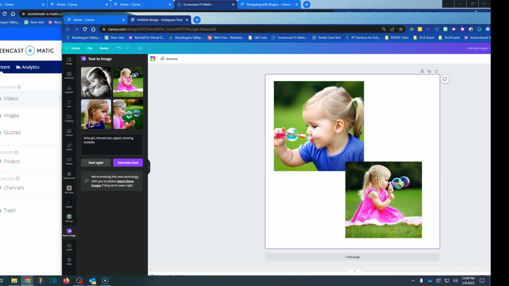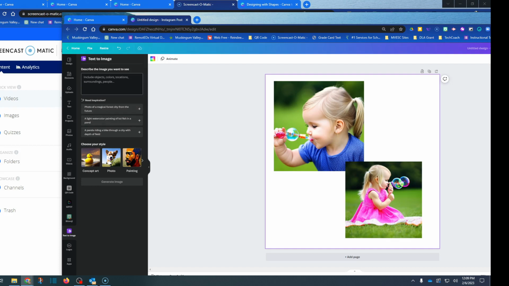If I don't like it, I can go start again. So maybe I'm going to give it some additional ideas or some additional adjectives to help describe it, but pretty slick, pretty cool. You can see down here, this is how I got started, and I really didn't realize how robust this was.